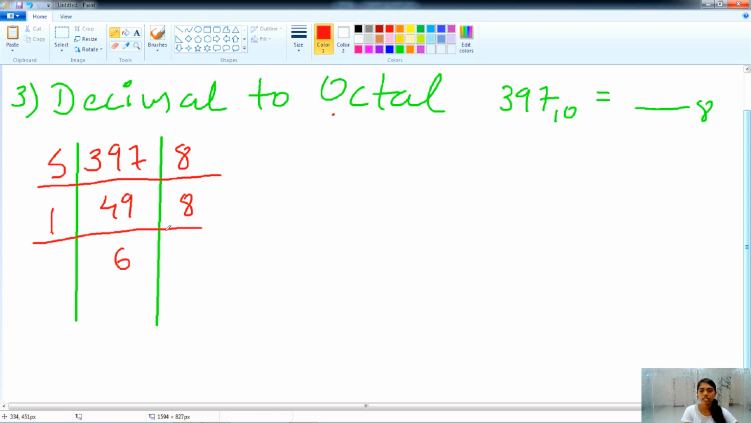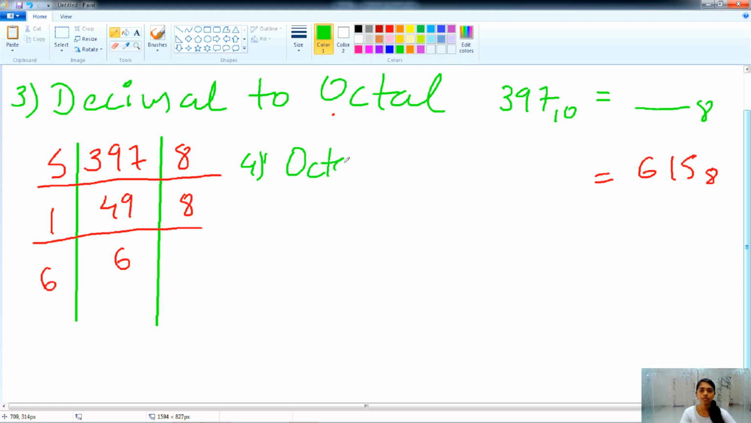Now, 6 is less than 8, so we can't divide it. So we write 6 directly here. Now our answer is read from bottom to top. So our answer is 615 base 8. So now the next conversion that we will be learning is